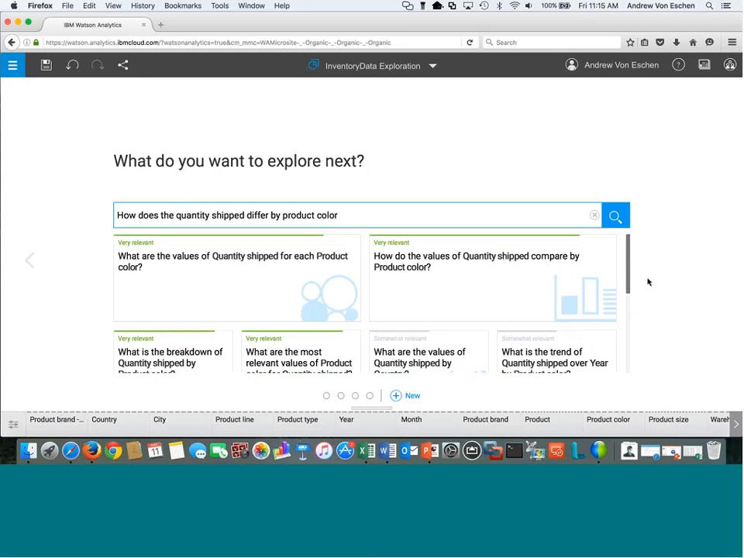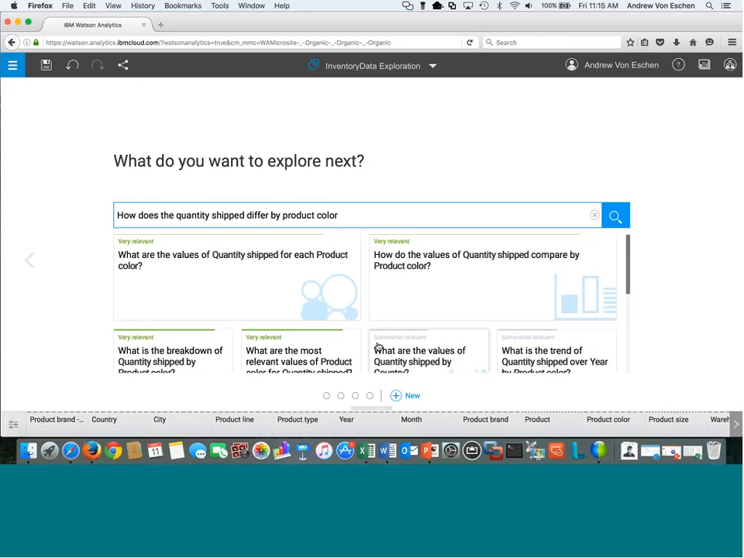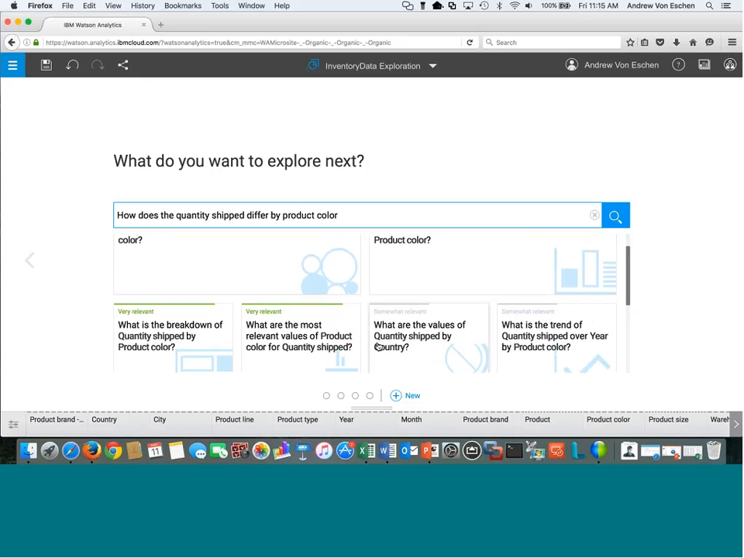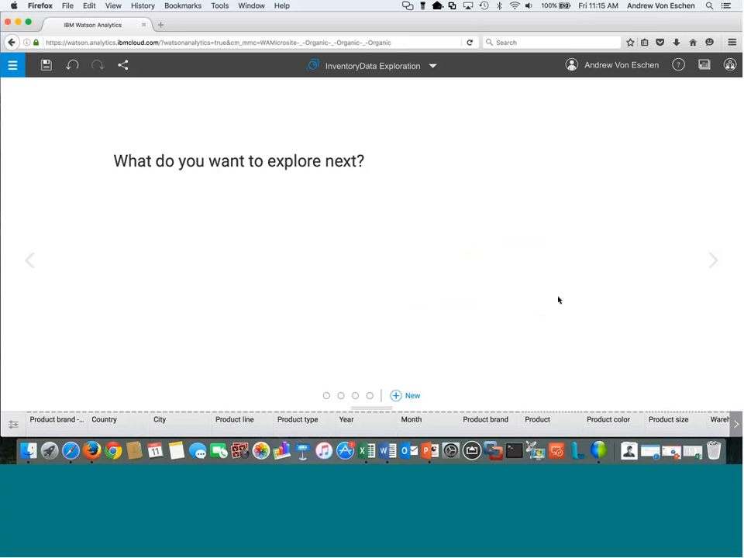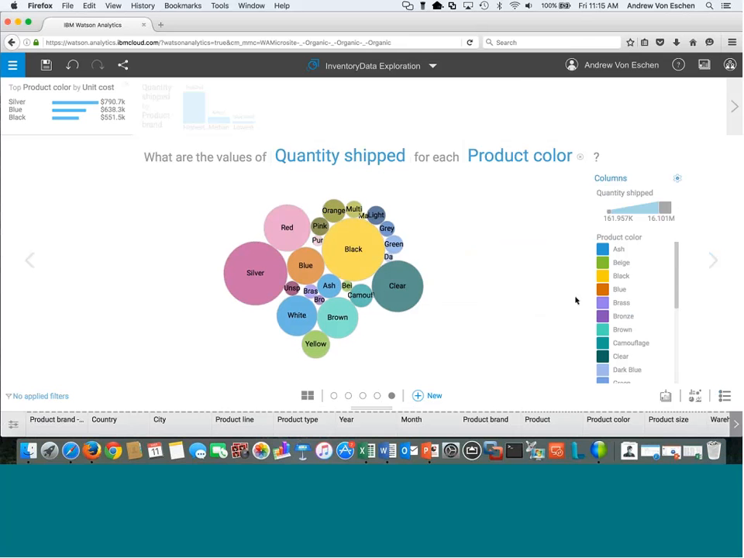Andrew, do you want to see what are the values of quantity shipped for each product color? Well, that might be interesting. Or how do the values of quantity shipped compare by product color? Or what is the breakdown or the most relevant? So a lot of different starting points for me to actually be able to come in and see this information. Maybe I just want to start with the first one, this bubble chart. I simply click in and it's telling me